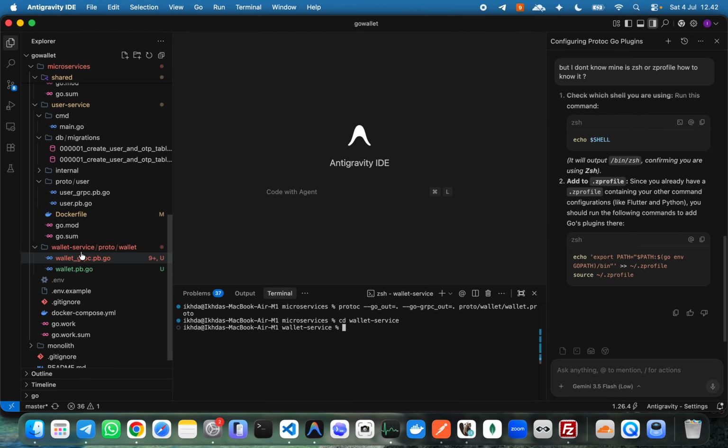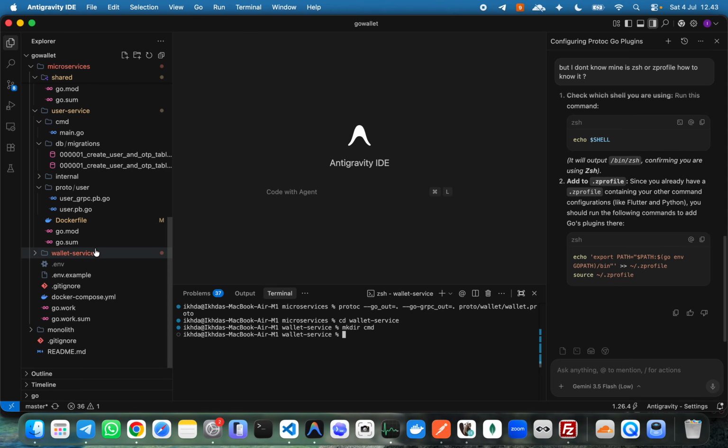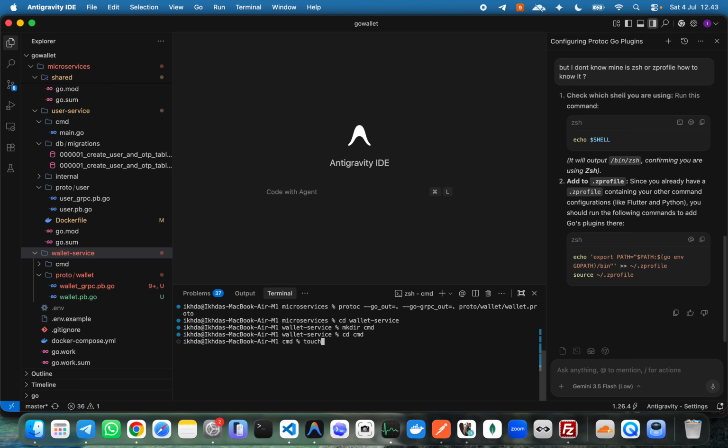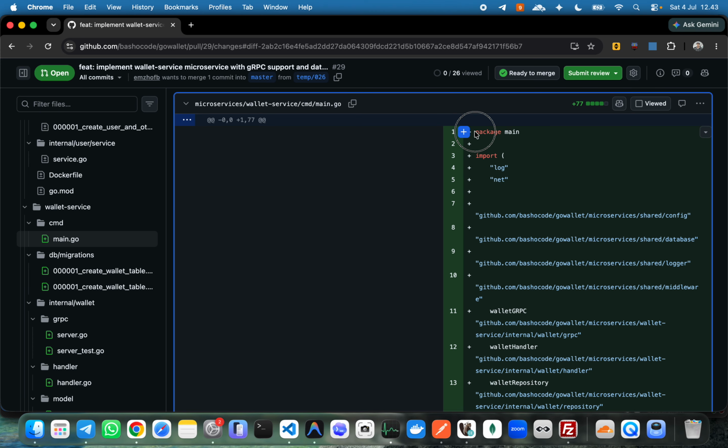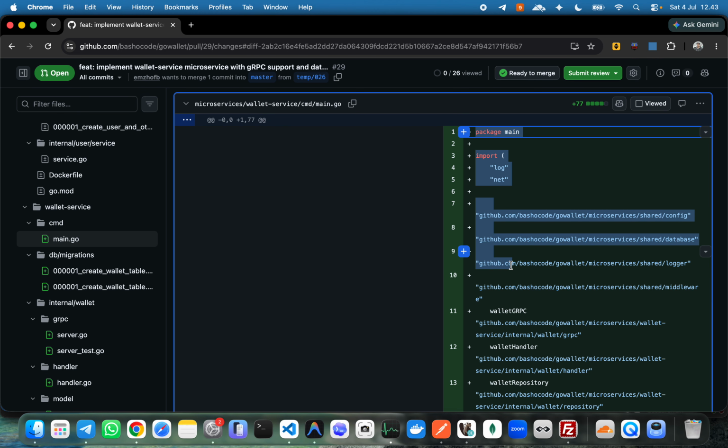So I create a make directory cmd. Inside the cmd I touch main.go, and I can have a main.go here, and I copy